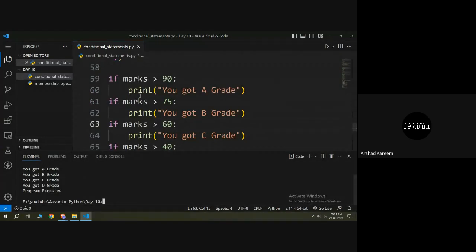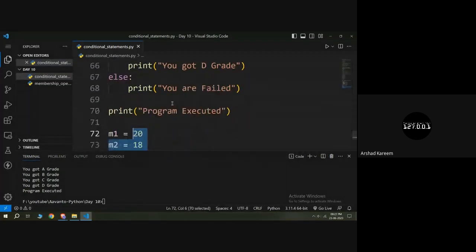Instead of elif, if you are using multiple if conditions, then my Python interpreter will check the condition present after each and every if keyword. So first it will check for marks greater than 90, then it will check for marks greater than 75. But instead, if I use elif,